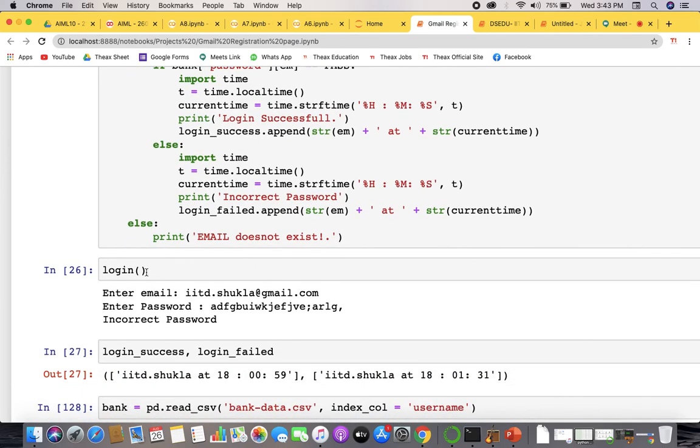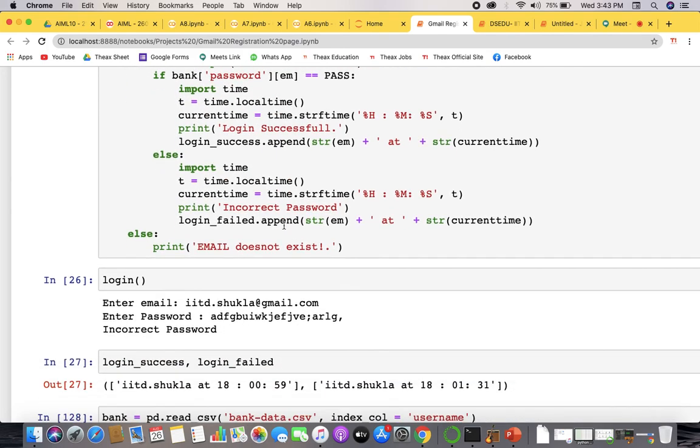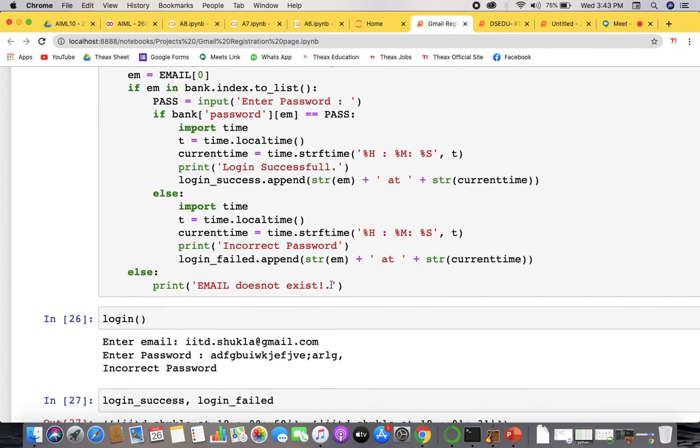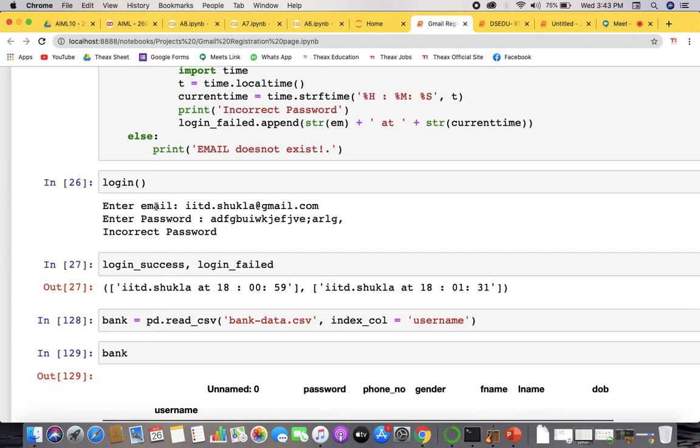So you see the login function here. Even if you want to store the date, you can store the date too. We have not done it for the date, we have just stored the times and all. So for the login function, let's say this is the email ID, my email ID, I'm logging in there, and for the password I have just entered anything, so an incorrect password. So login success was for 18059, and login failed immediately, like I ran it again and there was some login.